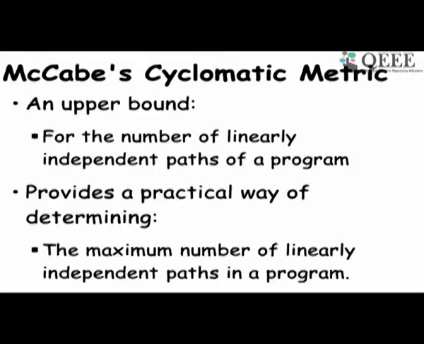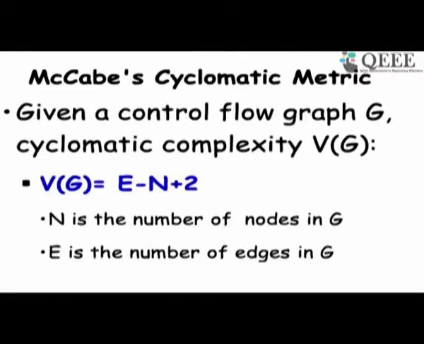You can compute it from the CFG, or even just by looking at the code, we can compute McCabe's cyclomatic metric. It's a very easily computable metric, and it is an upper bound on the number of linearly independent paths in a program. So it tells us how many paths at best can be present. If we are computing it from the CFG,